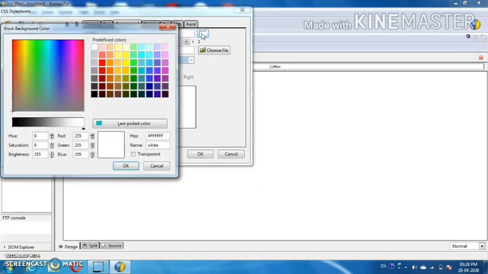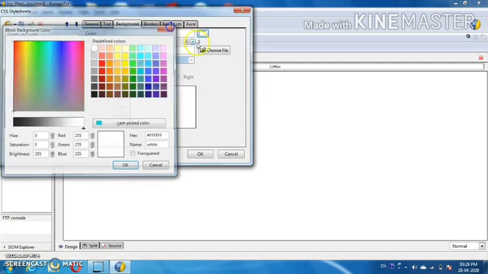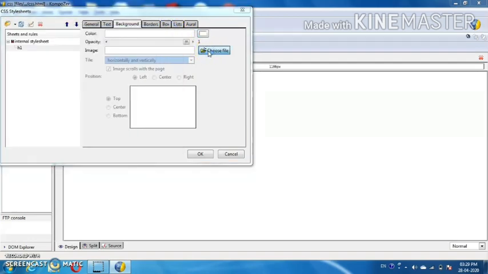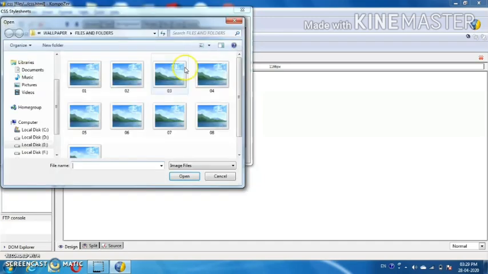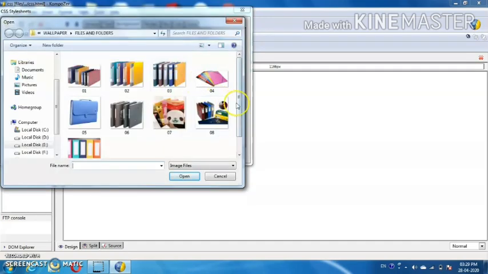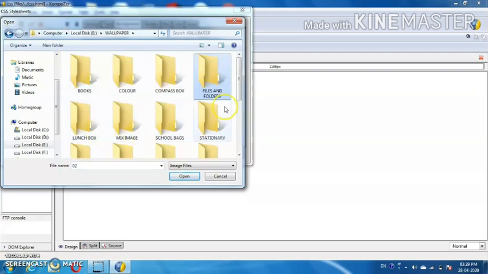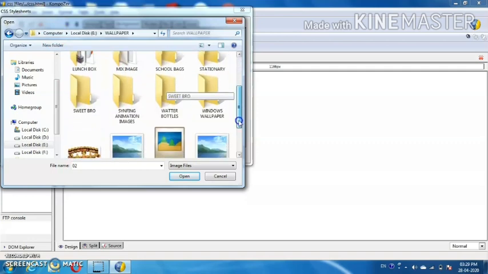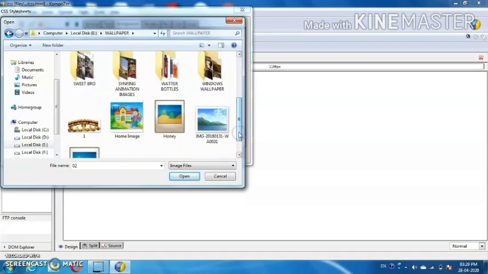Now I'm going to go for background. In background, that means background color. If you want to change the background color, you can select from here, or instead, if you want a background image, you can click over here on choose file. You can select any of the images from your laptop or computer.